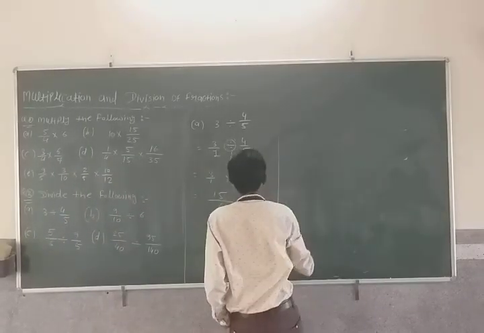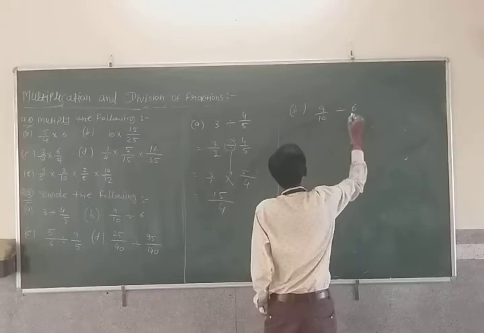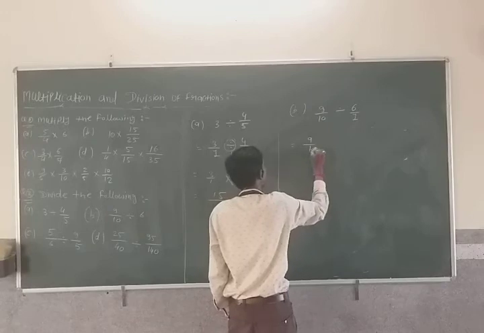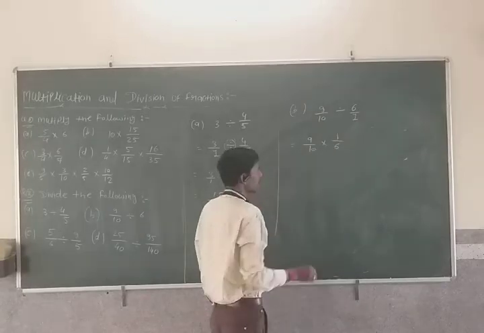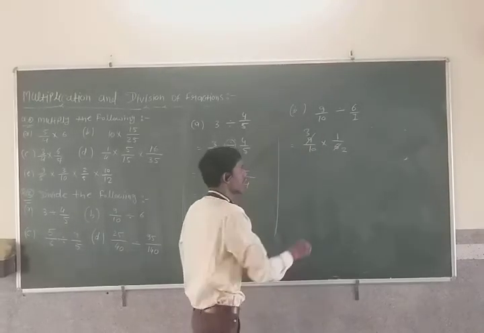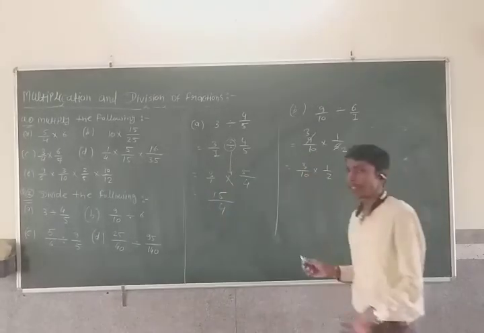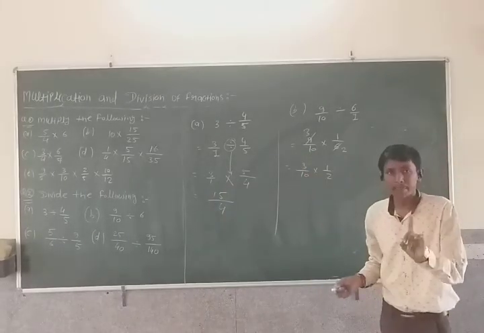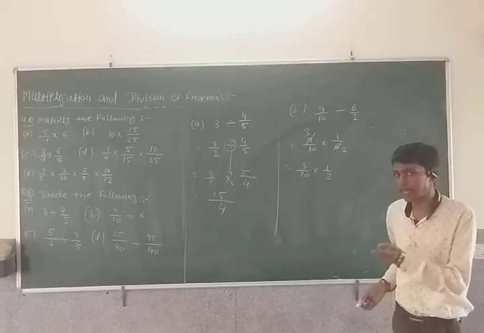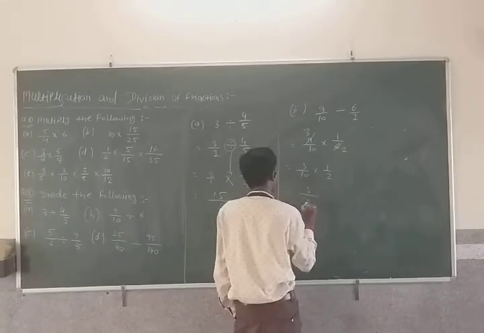Similarly, in question number B, 9 upon 10 divided by 6. So first of all I will write 6 upon 1. So 9 upon 10 multiplied by 1 upon 6. Here this can be simplified. 3 3s are 9, 3 2s are 6. So 3 upon 10 multiplied by 1 upon 2. Now we cannot simplify this 2 and 10. We cannot simplify because they both are denominators. So don't make that mistake. Okay. Now direct multiply. 3 1s are 3, 10 2s are 20.